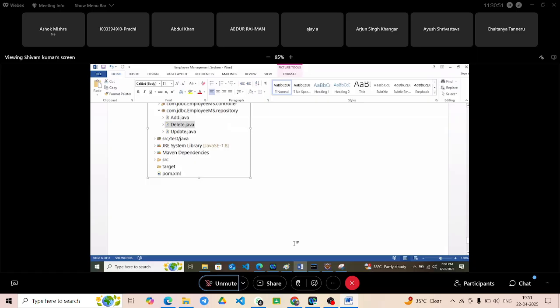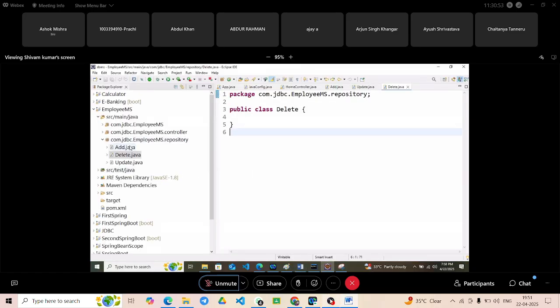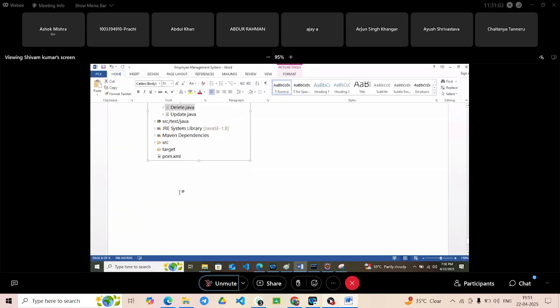Now, all the classes are created. At first, I will write the logic of adding an employee. For that, in the next step, in the add class, write the logic of adding an employee